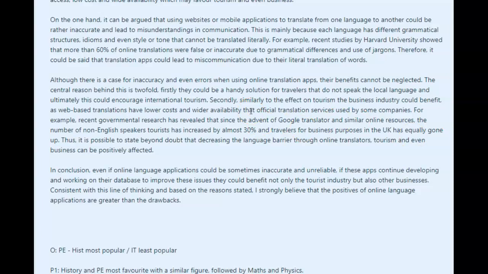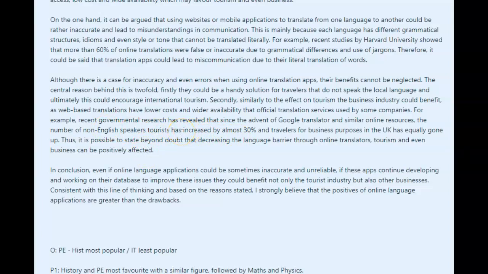For example, recent governmental research has revealed that since the advent of Google Translator and similar online resources, the number of non-English speaker tourists, or non-English speaking is the right word really, honestly, has increased by almost 30%, and travelers for business purposes in the UK has equally gone up. Thus, it's possible to state beyond doubt that decreasing the language barrier through online translators, tourism, and even business can be positively affected. Okay, here you developed this better, although I can't say I love that you just used the